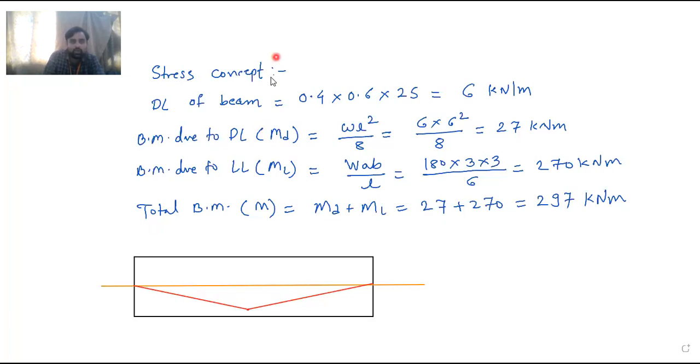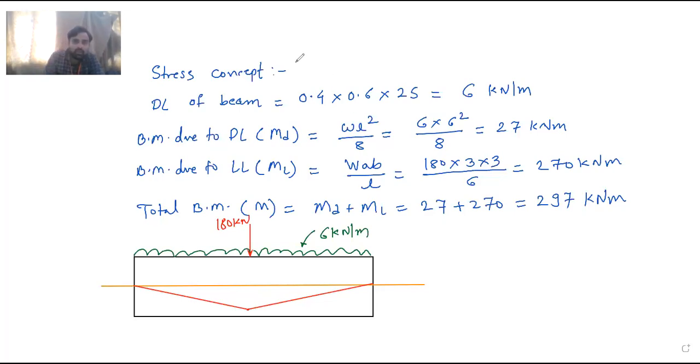And if you consider the dead load and live load, the 180 kilonewton load is acting over here. Then here UDL is also acting. That is your dead load. This UDL is of 6 kilonewton per meter. So now if you consider these two downward loads, sagging will be there. If the load is acting vertically downward, you know that you have calculated the bending moments also. At that time, when the sagging is there, compression is at top and tension is at bottom. So M by Z is plus minus.